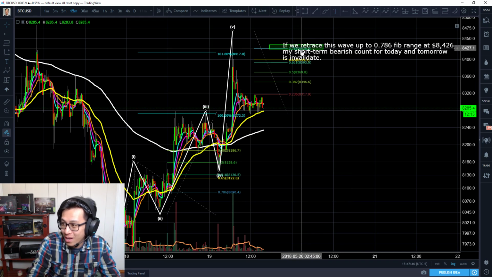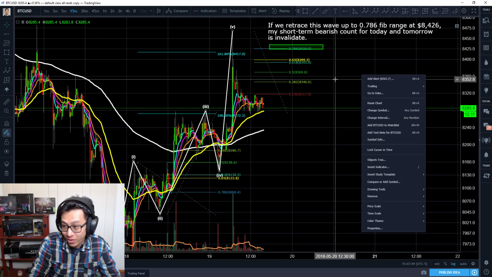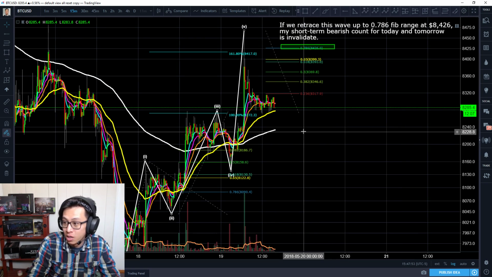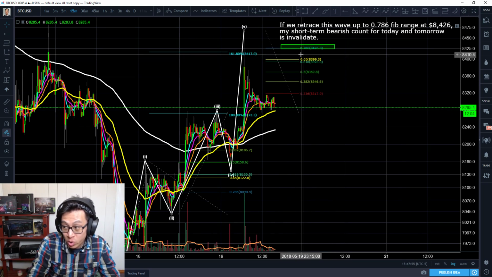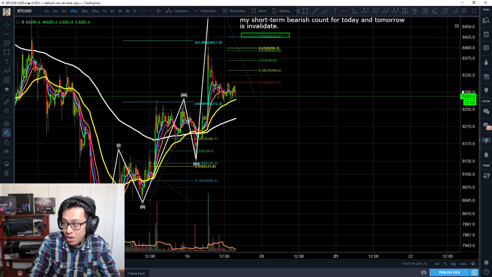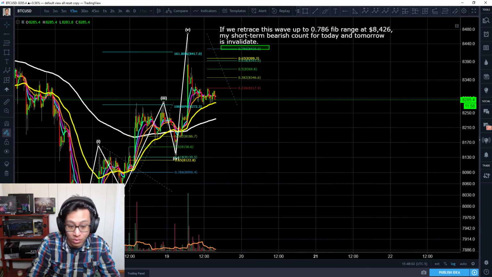And the reason why is because, well, if it actually goes up there, this might be the actual flag that it is. So then we could end up starting a subwave up there. It's a really strong retracement. All right, so I'm just kind of waiting for today to see how it forms.